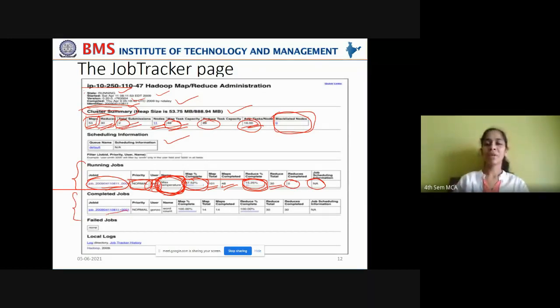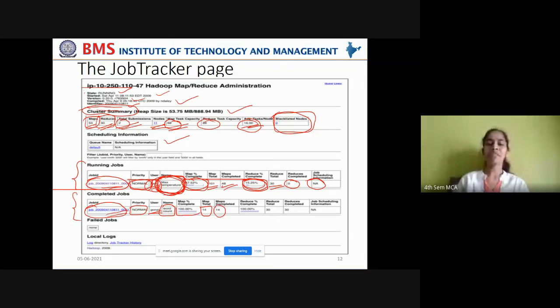Now you can see the completed jobs information. This job ID, whose name is word count, this job is already completed and its priority is normal and it belongs to this root directory, and number of map tasks, total map tasks are 14 and all the 14 map tasks are completed.